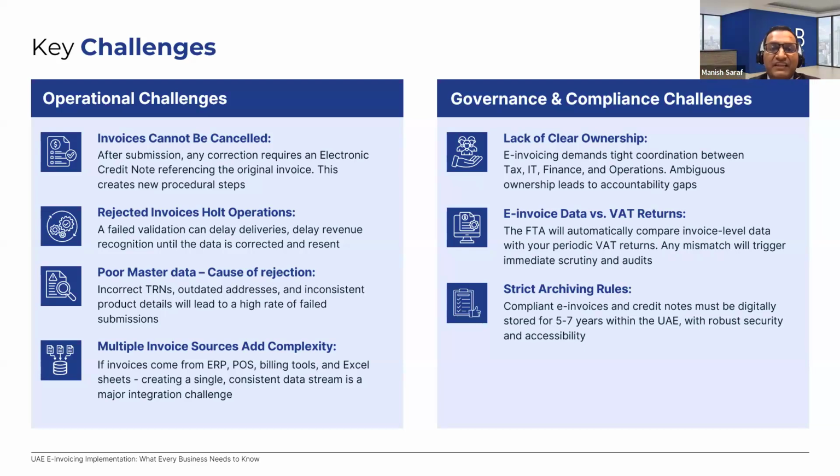Because if that gets rejected, then you have to raise a credit note, and then the whole flow will take place, which will delay the operation. So you need to identify scenarios and see how you minimize or mitigate those rejections in the e-invoicing structure. And also data field validation, because of the master data component: having your TRN number updated, address updated, and any other fields which are part of the mandatory fields on the invoice. If that is not correctly updated in your customer master or vendor master, then it will get rejected.